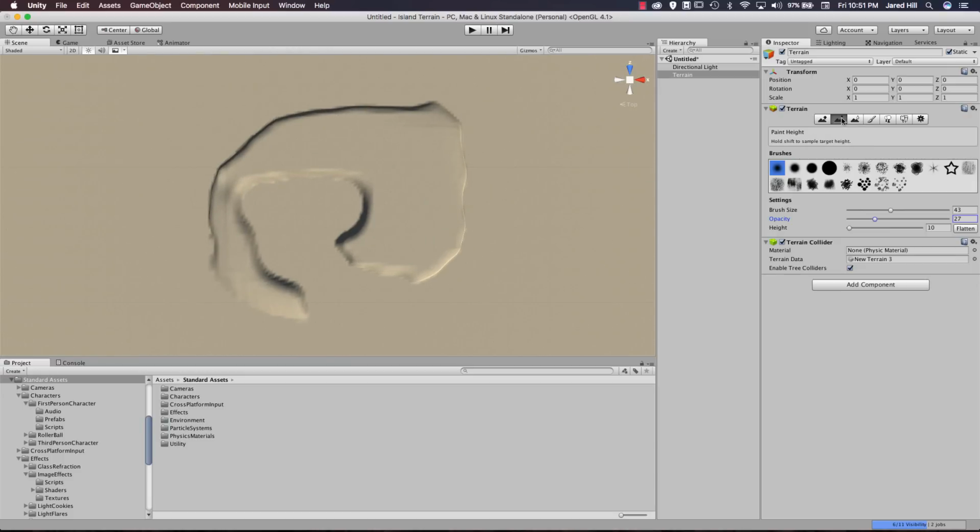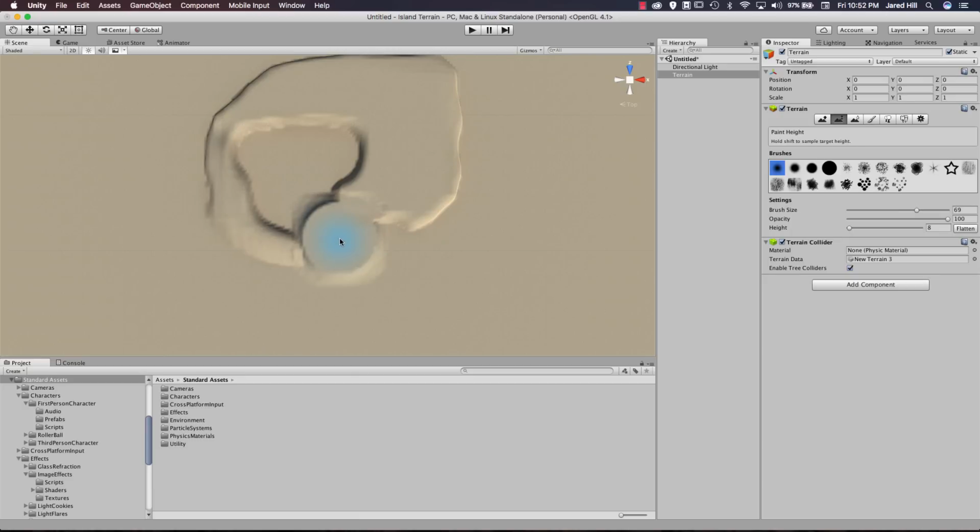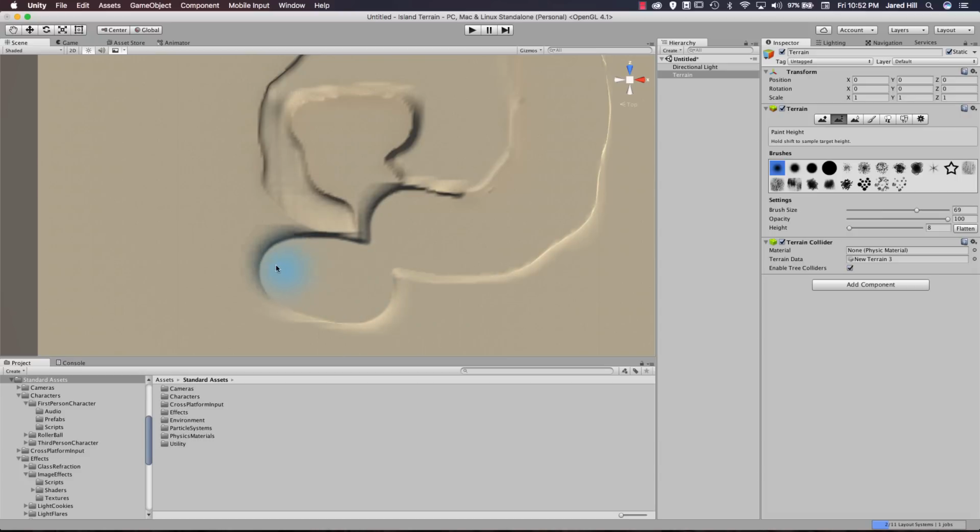And so to do that, I'm going to go back into the paint height tool, and I'm going to bump my opacity all the way up and then reduce my brush size. I'm going to make this first drop off pretty large here, and for the height I'm going to make it an 8 instead of a 10. And now what I'm going to do is just around the outside of this island here, I'm going to basically paint an outline. And as you can see, it's just a little bit shorter than the island, and don't